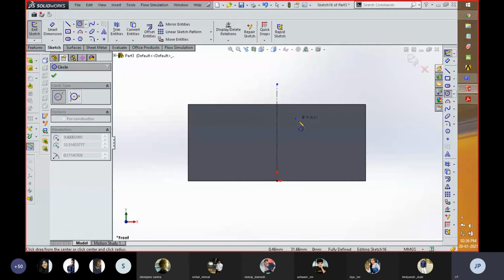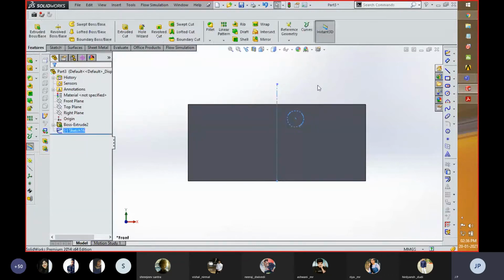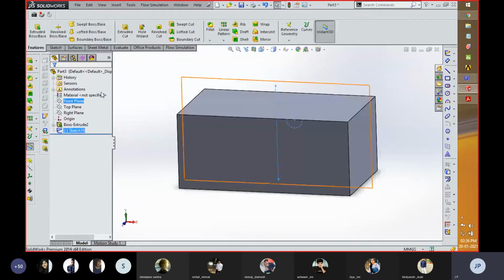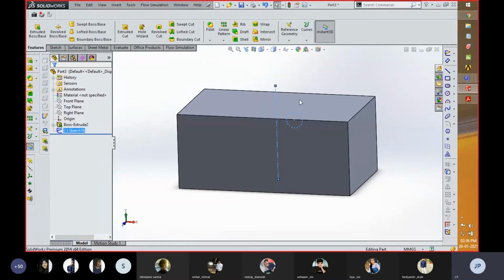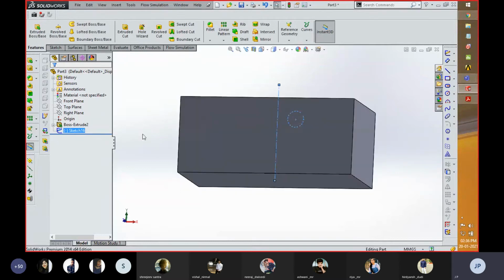First of all, I'm going to take a circle for checking whether there is any problem, or whether this can be done with the help of this tool. There's some problem, I think that's why it is not happening.